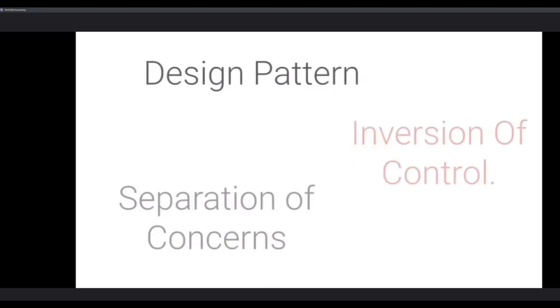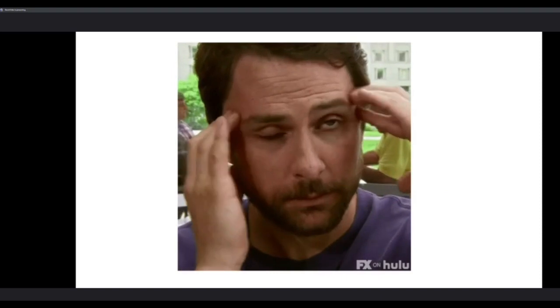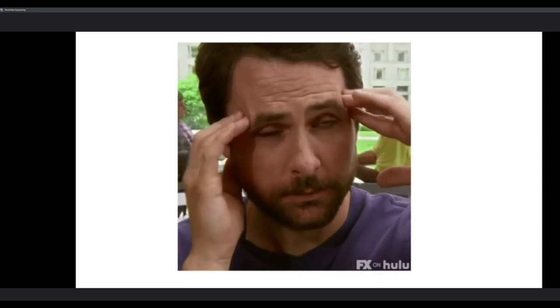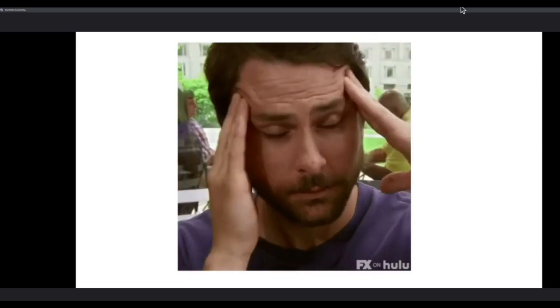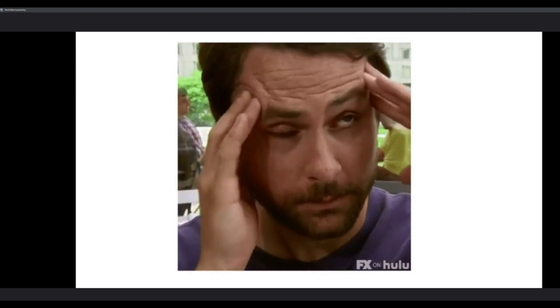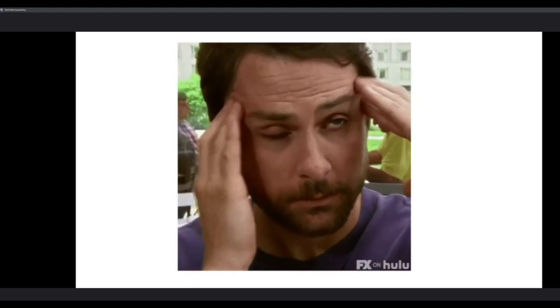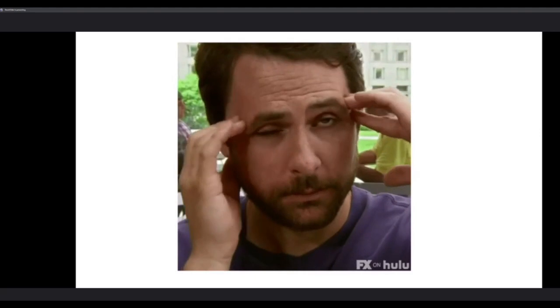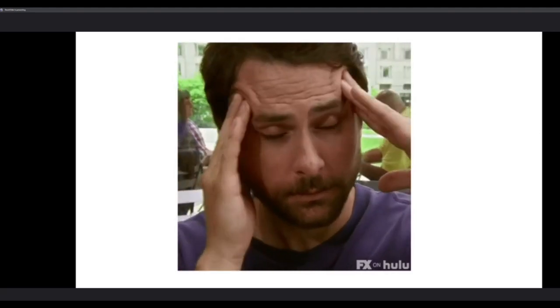When you look it up, you'll see these key phrases: design pattern, inversion of control, separation of concerns, and that can feel a bit confusing if you're just starting or you're not particularly familiar with software engineering terms.